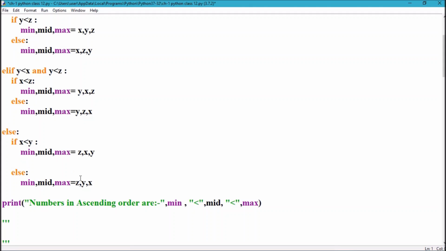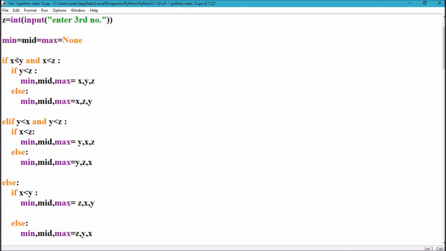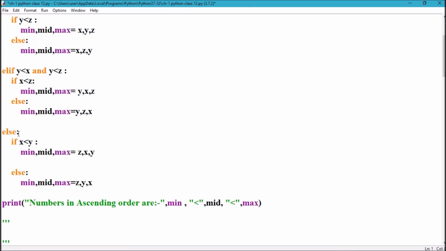where z can be your minimum number. Here we are not required to write this type of condition with elif, because if x is not smallest and y is not smallest, obviously z will be smallest. So you can write it or you can avoid it. We write else, meaning if these two are not satisfied, then this will work.